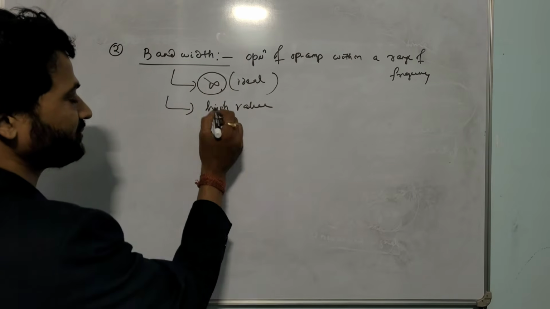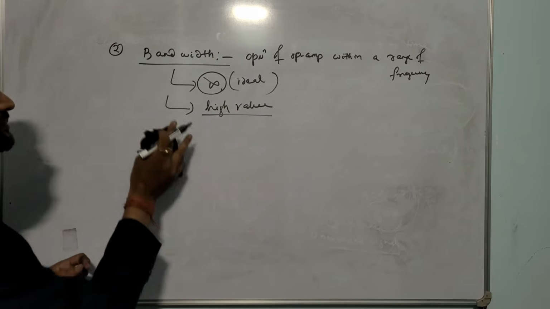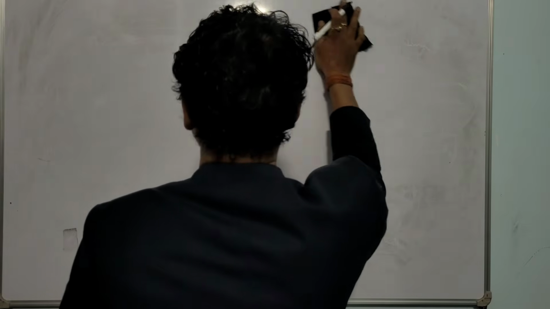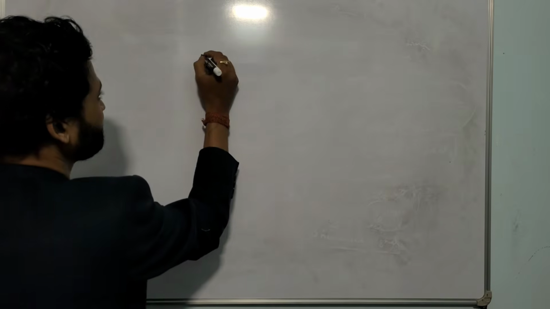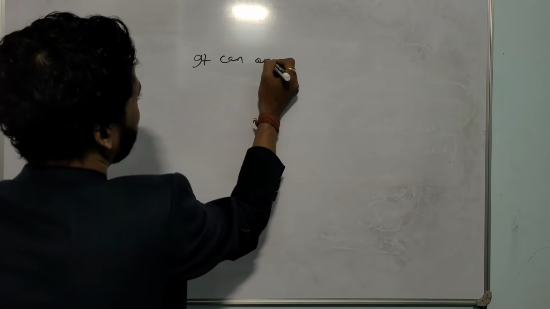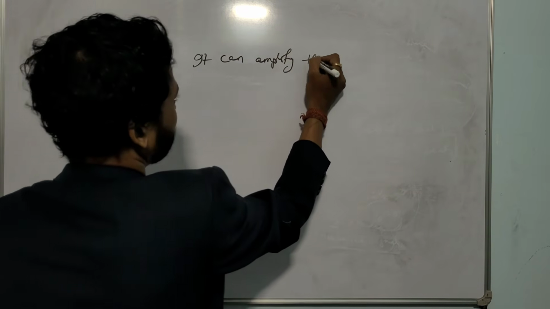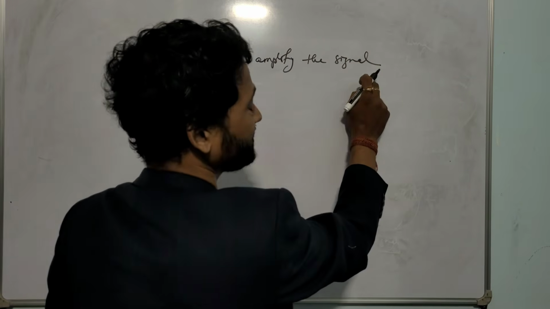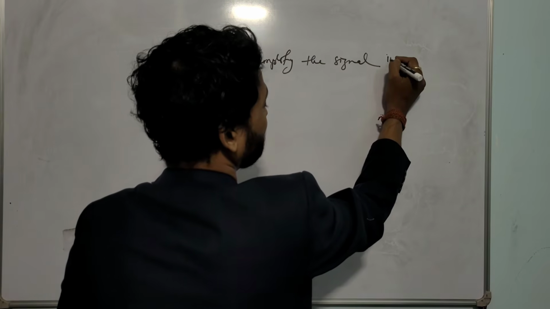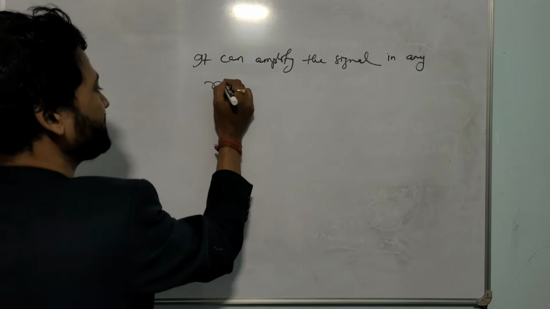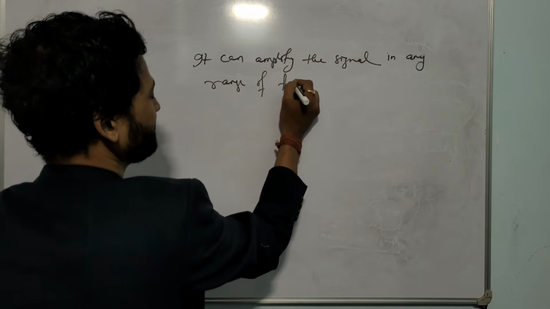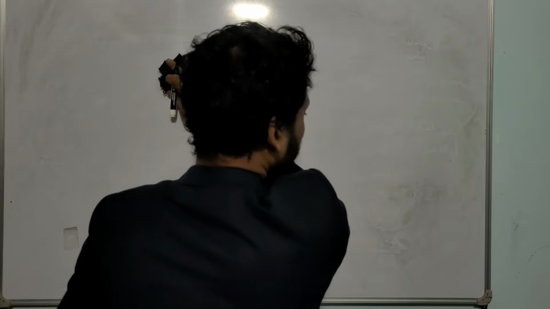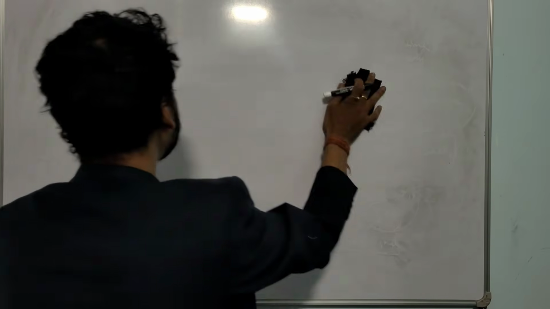Ideal में इसका वैल्यू कितना होता है, इनफाइनाइट, प्रैक्टिकल में it has some high value, मतलब it can amplify any range of frequency. That operational amplifier OPAMP can amplify the signal or weak signal in any range of frequency, ठीक है। सो इसका वैल्यू क्या, मैंने क्या बोला, इनफाइनाइट इन केस ऑफ आइडियल OPAMP एंड प्रैक्टिकल में कितना